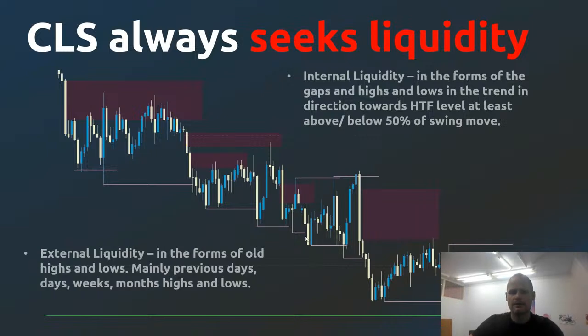However, thinking in terms of liquidity, in my opinion, gives a better view of the markets, right? Because if we're thinking about just higher highs, higher lows, we might be a little bit trapped sometimes, not knowing that they mostly look for these stop hunts before the price continues lower, right?